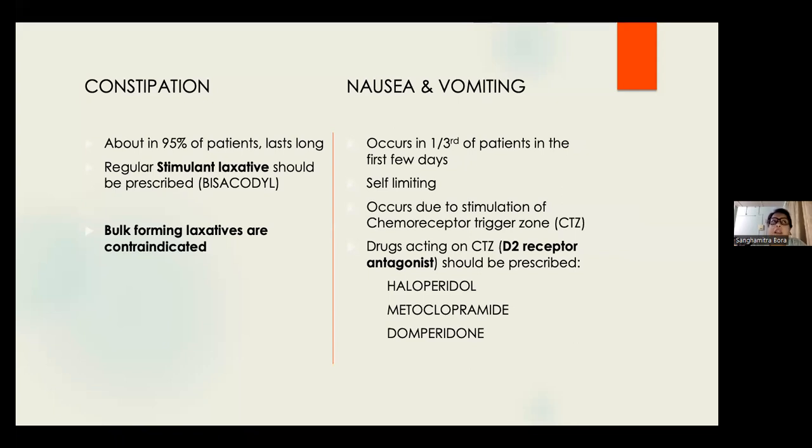In everyday palliative care practice, we generally use metoclopramide for nausea and vomiting induced by morphine. As we know, metoclopramide is also a prokinetic, and hence when used in combination with the stimulant laxative, the constipation induced by morphine generally eases. So it's a two-way mechanism. By using a stimulant laxative and metoclopramide, you generally take care of both constipation and nausea and vomiting.